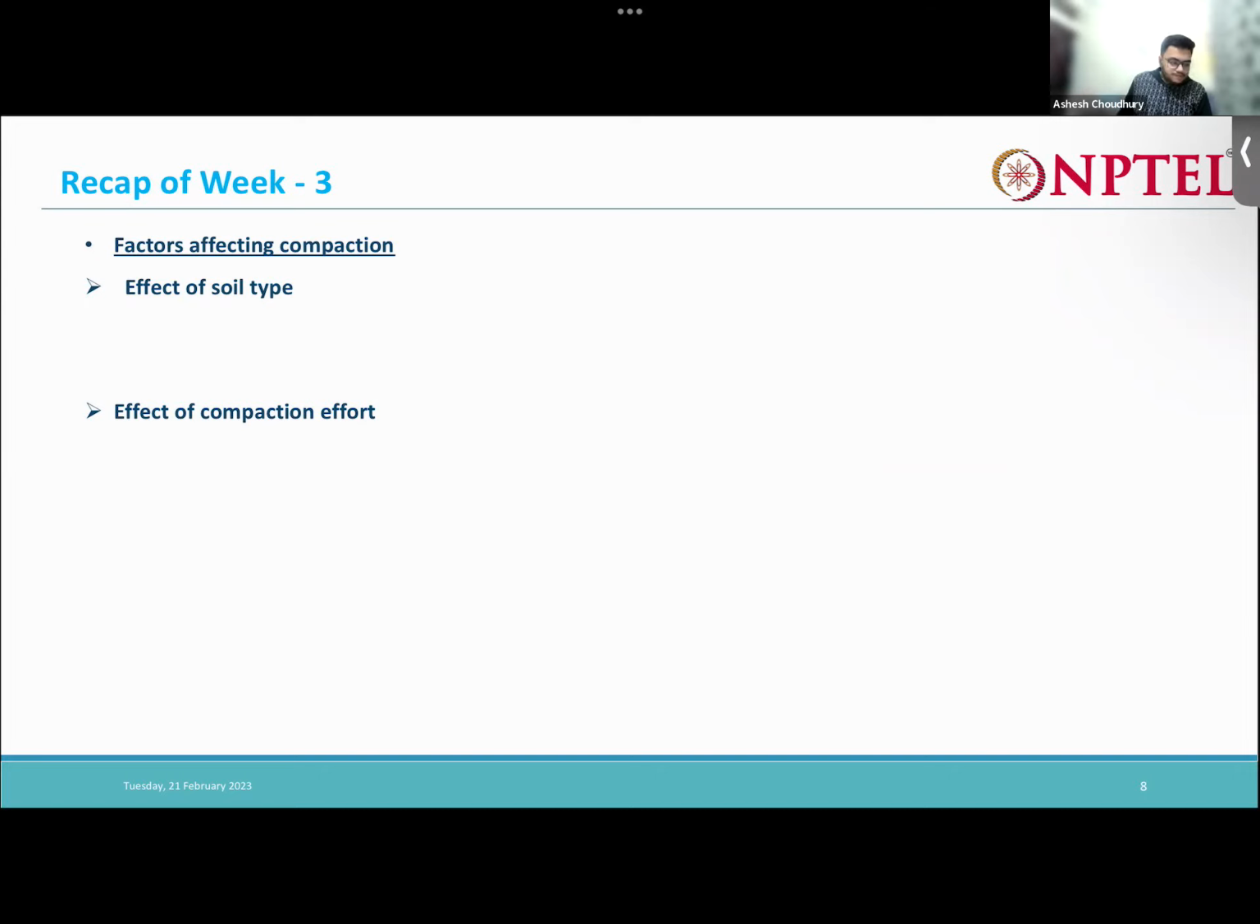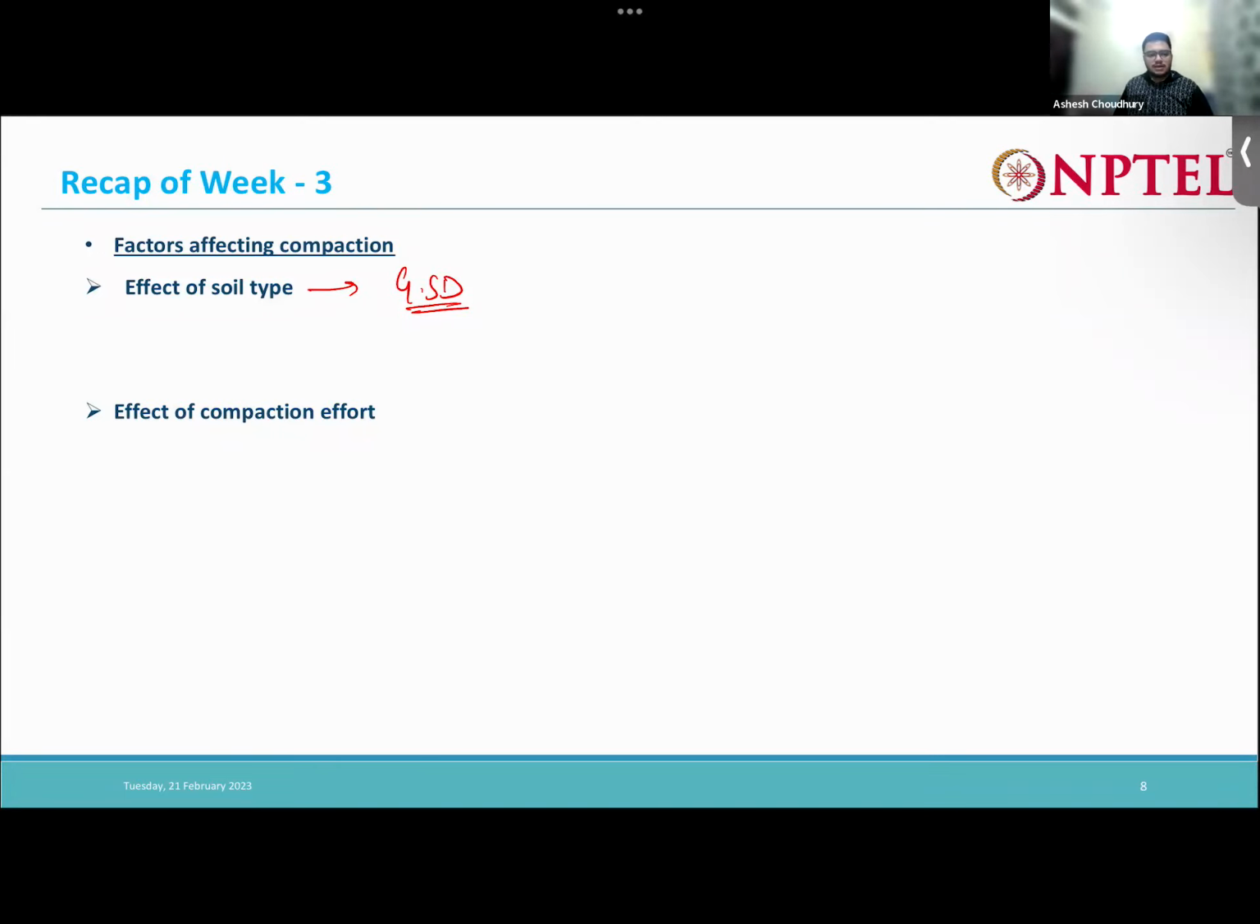Then actually we have what are the factors that affect our soil compaction, right? So the main factors that affect the soil compaction: first is the soil type. Okay, soil type means the grain size distribution. In case of coarse soils, the grain size distribution is